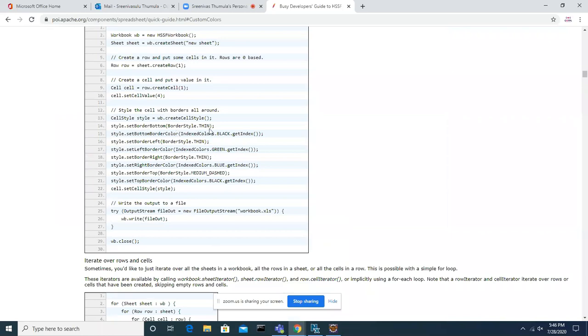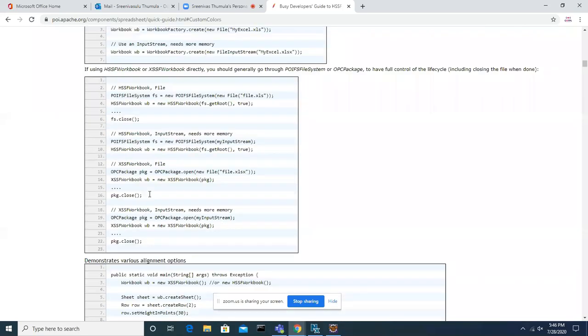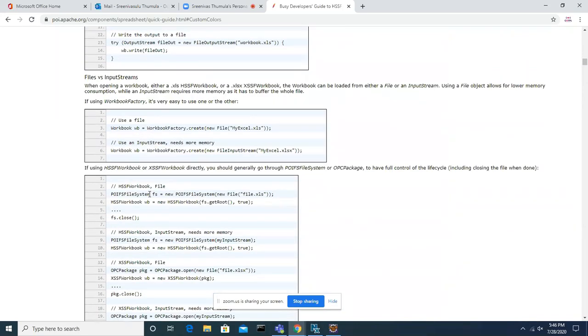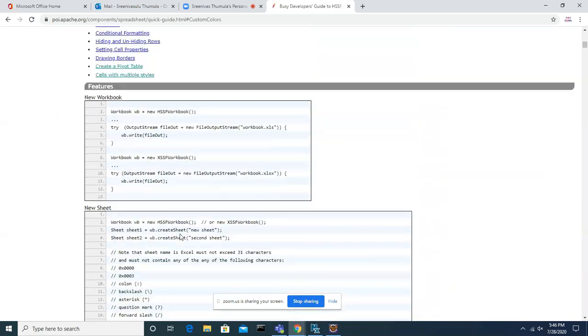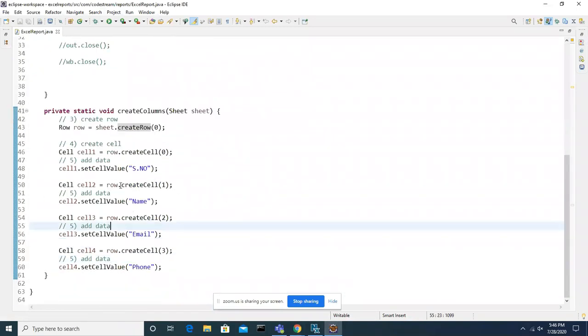You know the meaning of this line? What they are doing here is taking the reference variable style and calling set border bottom, border color, set border left. Like this, they have given a lot of examples here. Your job is based on your requirement. Let's say you got a requirement to work with Excel. What I explained last time is a basic, core level, but on top of that you can do a lot of makeup. So you want to give bold, and you want to create multiple records.